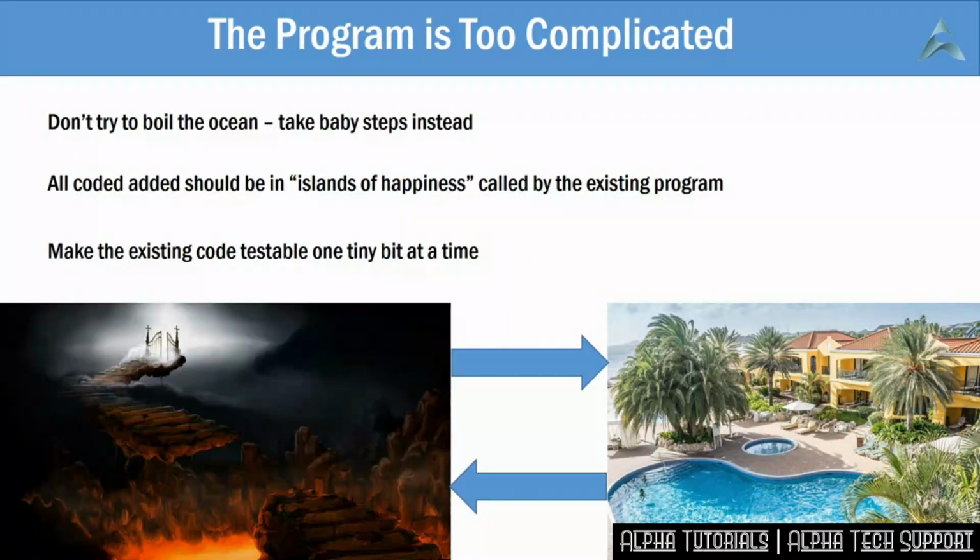The solution to this too-complicated problem is, in the software industry, called an island of happiness. All your new code is written in a TDD, object-oriented way, in one or more new classes, which are then called by your existing procedural program using hooks. An example could be a new screen that asks the user something, does some calculations, and returns the result to the main program. This is not a radical new concept. Often new functionality is added via a call to a new function module. And this, after all, is how SAP user exits work in all their various formats.